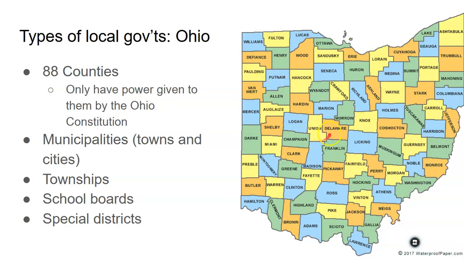Counties are important. So I live here in Union County, so I am just right outside of Columbus, Ohio. Columbus is in Franklin County, and we have Cleveland over here in Cuyahoga, and we have Cincinnati down here in Hamilton County and a little bit in Clermont. These counties are important specifically for elections because elections are all run by each county board of elections, okay?